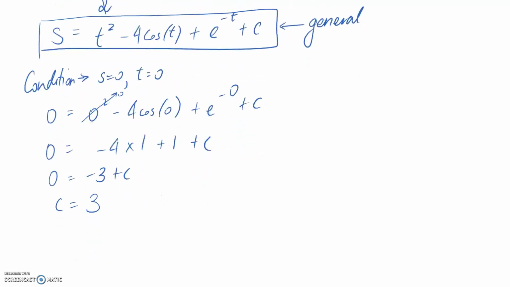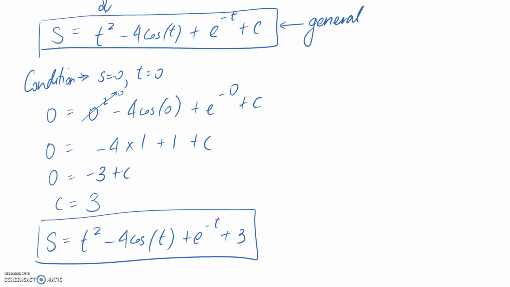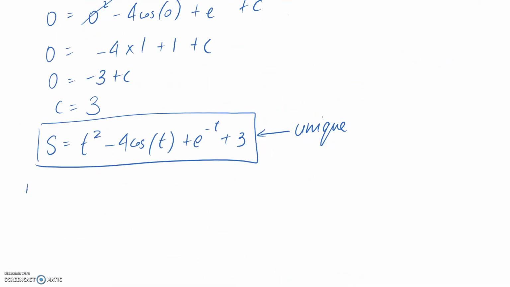That means that we can write out a unique solution to the differential equation, which is just filling in the general one with our newfound constant. So c here on the end becomes 3. Now we should be able to figure out where that creature is located relative to its starting point at any particular time. Up in the question, we're asked to figure out at 10 seconds what's actually happening. So let's find out. When t is equal to 10 seconds, what is the position equal to? Subbing in 10,